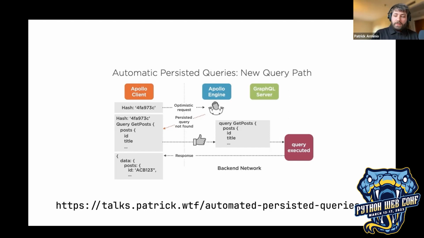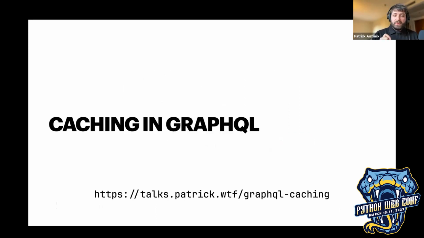I also put this link here for learning more about caching in GraphQL. There are more nuances to how it works, especially if you want to do HTTP caching, and you have fields that might depend on a user. So if you want to make sure that you don't cache things for a user and show that to another user, everything is explained there. So I definitely recommend you read that if you're interested in this.